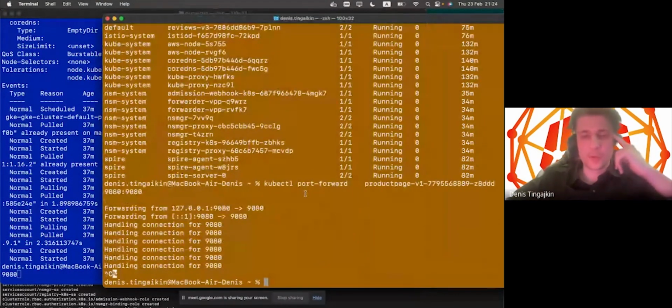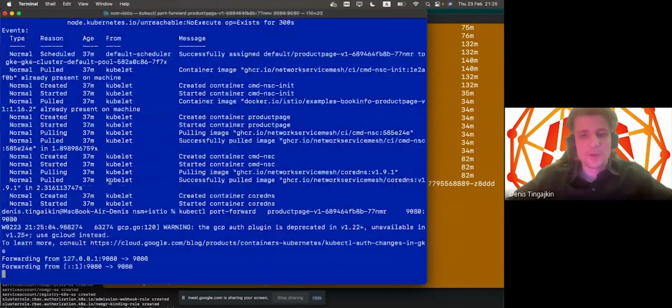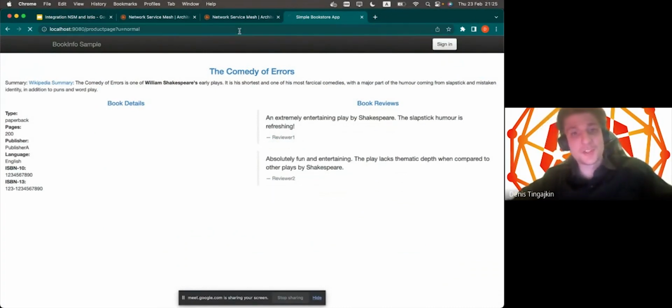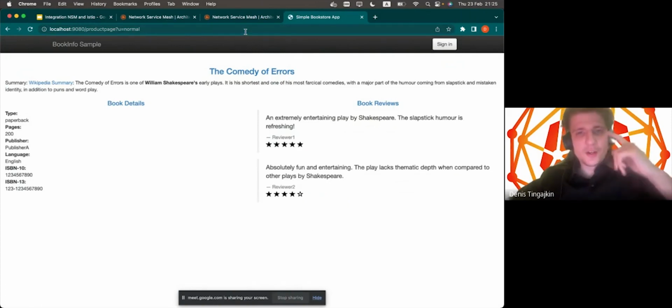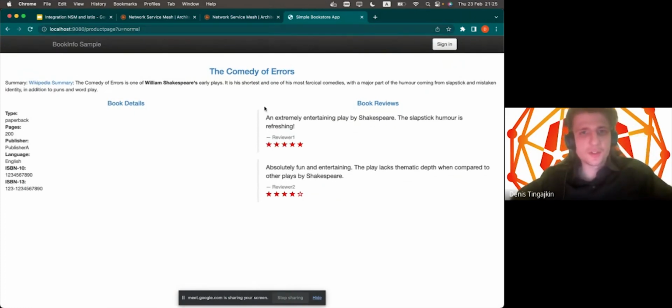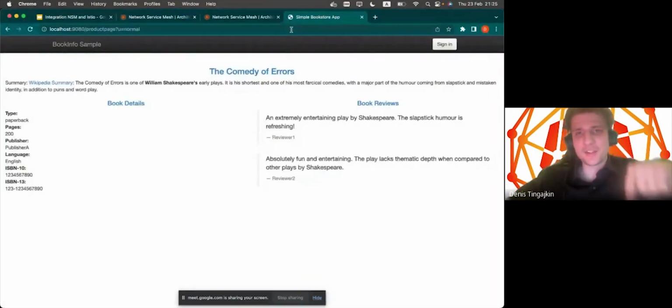Let's stop port forward from AWS and let's start port forward from Google Cloud cluster. So port forward is started. I'm refreshing the page, and as you can see, we have the same result for this product page. All content is loading, and to verify that we actually have access to the second cluster, we actually